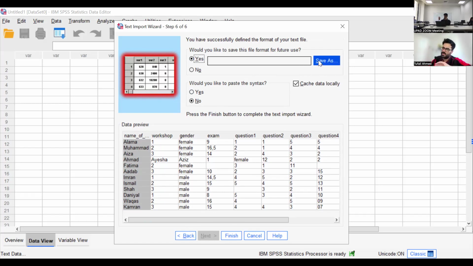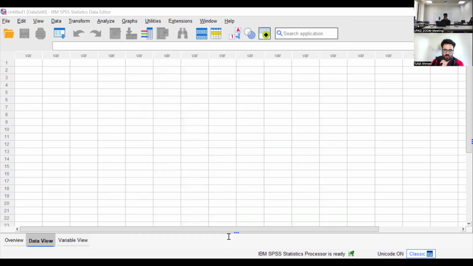And then you can import and your data will automatically be imported, and you don't need to repeat all these steps. But I'm not saving it now, so you say no. And the thing I mentioned to you about syntax, you can save the codes. If you want to run it again, you just click. I will show you. I will say that I want to save that syntax, just for you to know. If you don't want to paste, you don't need to paste. I say finish. You see this line of code appears.